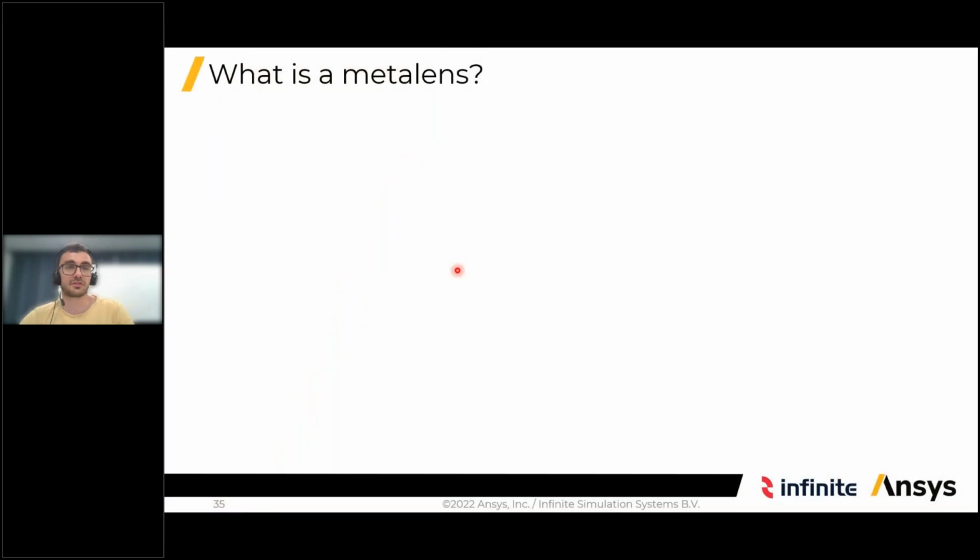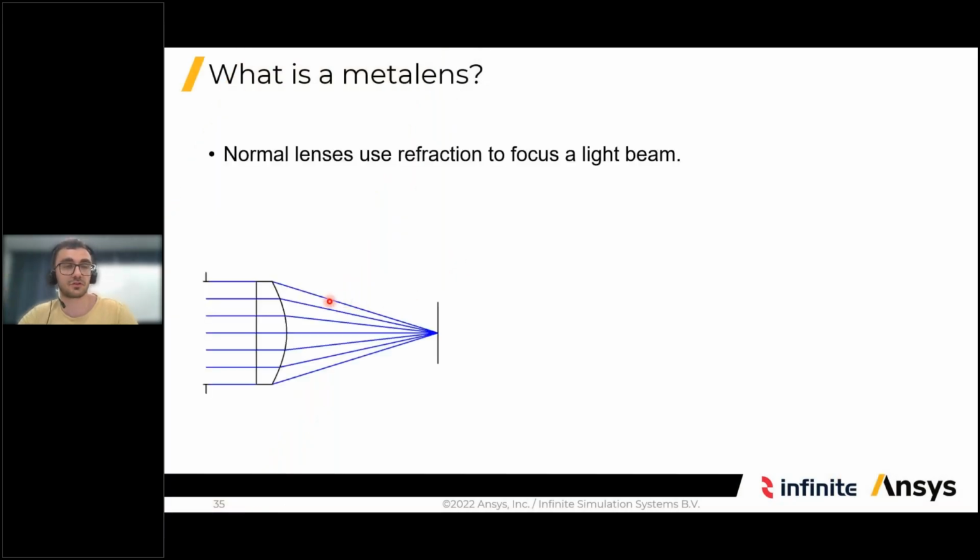So first of all, what is a meta lens? First I'm going to show you what a normal lens is. A normal lens just uses refraction to focus a beam of light. This is the ideal case, of course. This is what we want, but in real life,